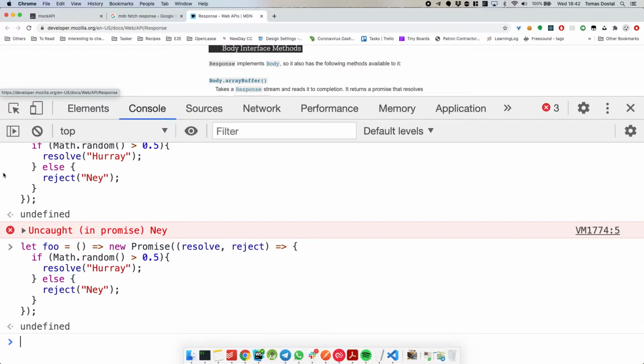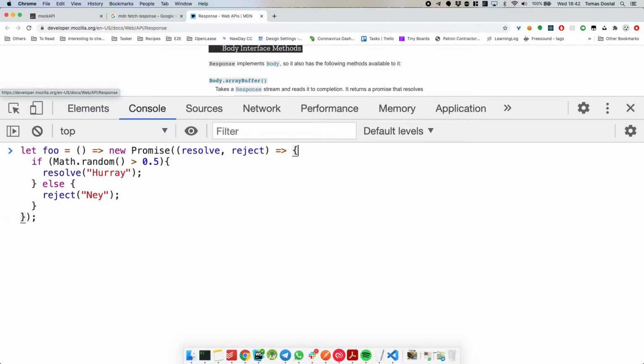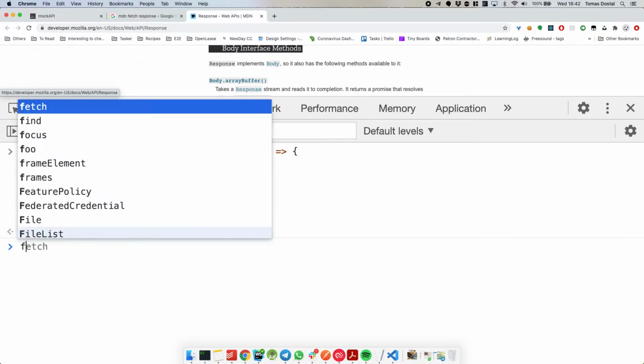Okay. Right, so what I did there, I defined a new function. It will return a new promise, and that promise will take a random number. It will check if it's bigger than 0.5, just to get some kind of randomization going on, and if it is, it will resolve. If it's not, it will reject. So now if we call this, what we can do is